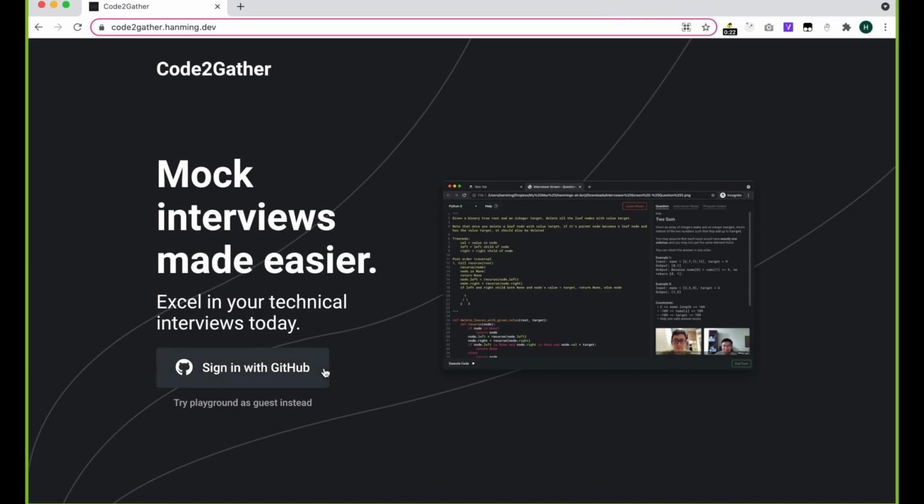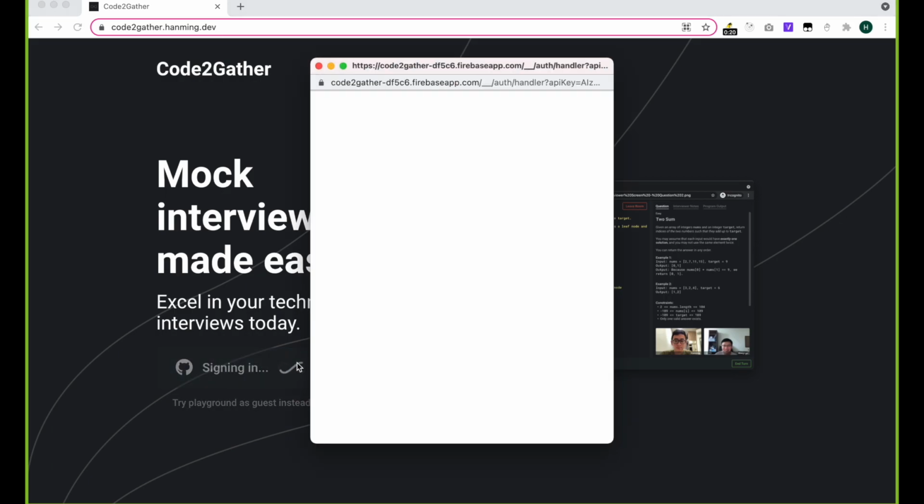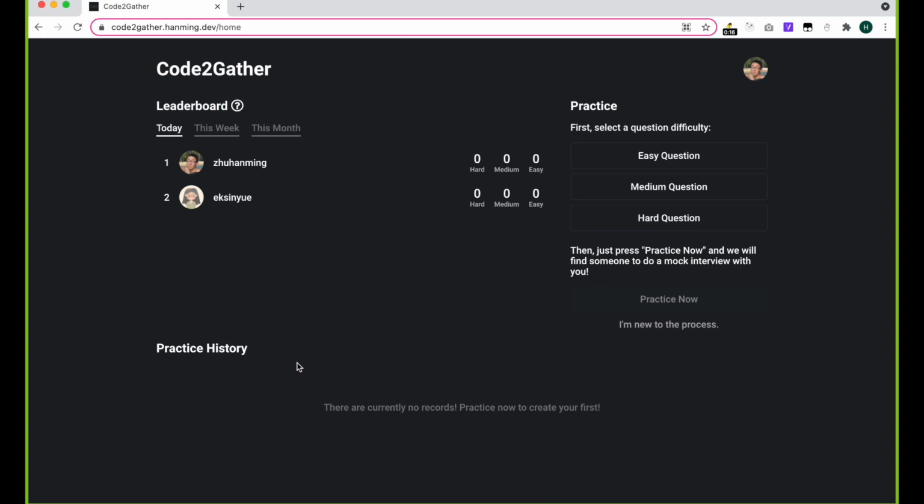So let's get started. First, you can sign in using GitHub. Here you do some authentication, and now you're in. Over here you can see a leaderboard which shows how everyone is doing, be it today, this week, or this month. There's also a practice history below, but right now you can't see anything because we have not yet started